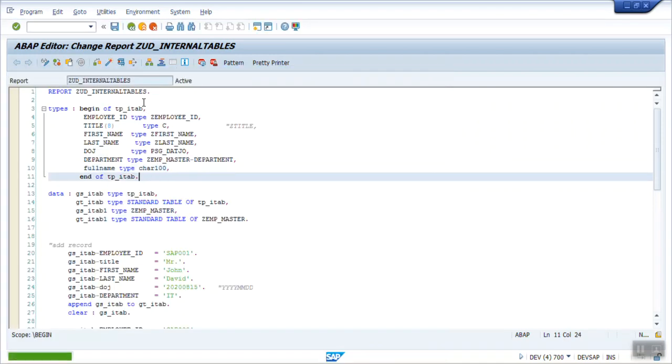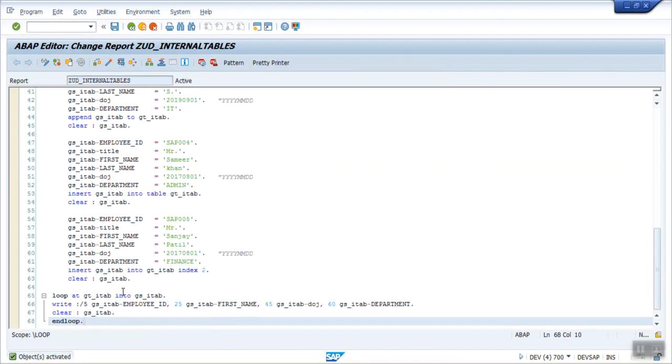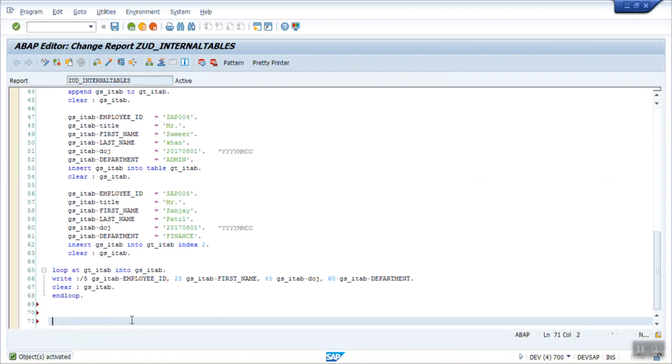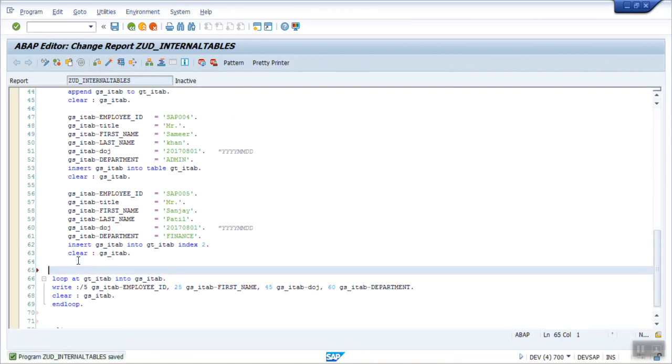So what I want to do, first I'll print the value as it is, then I will give a new line. Here before printing this, I'm writing as original record.